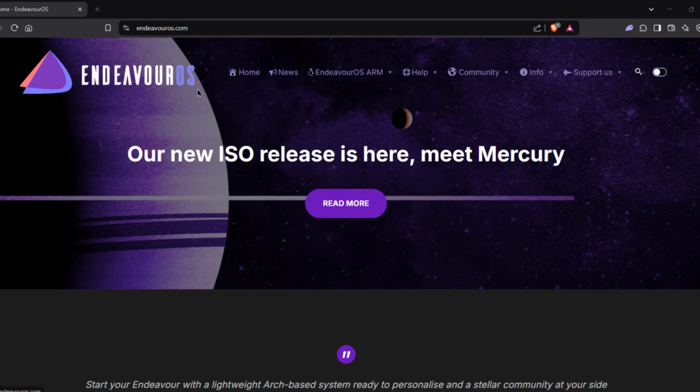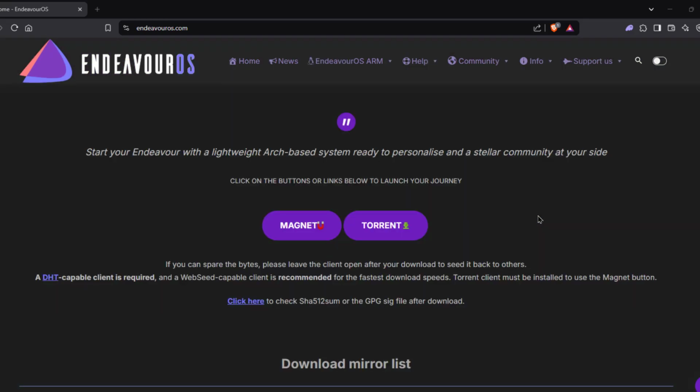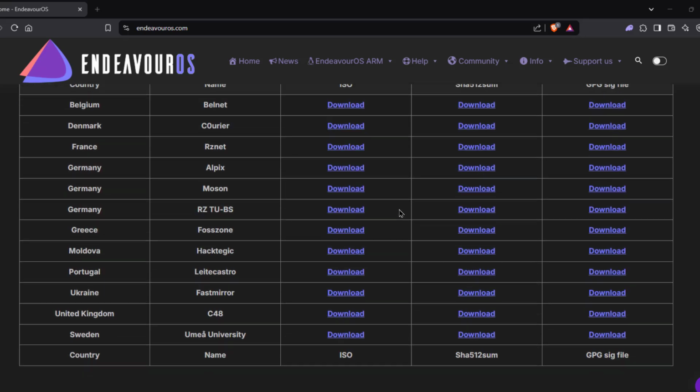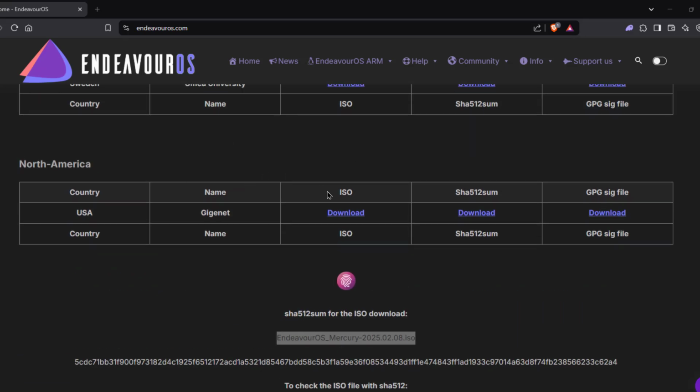So this is EndeavourOS Mercury. This is the latest release. This is the download mirror. So I already downloaded the ISO. It's approximately 3 gigs in size. And this is the version here,